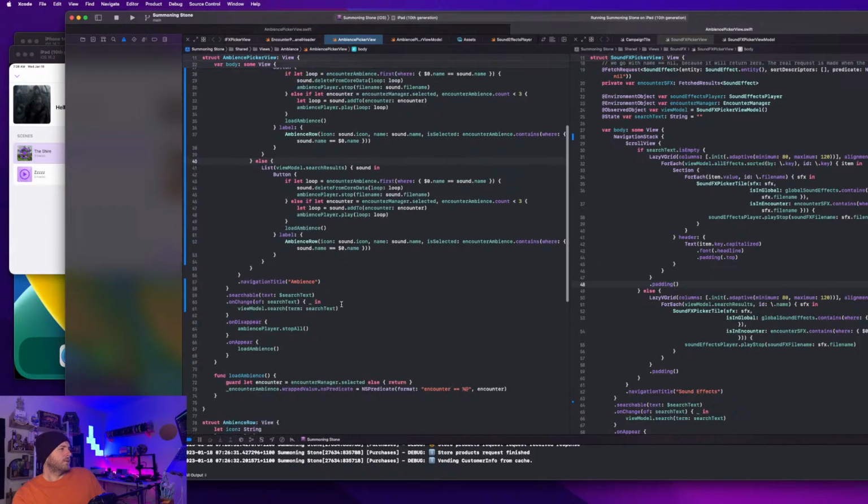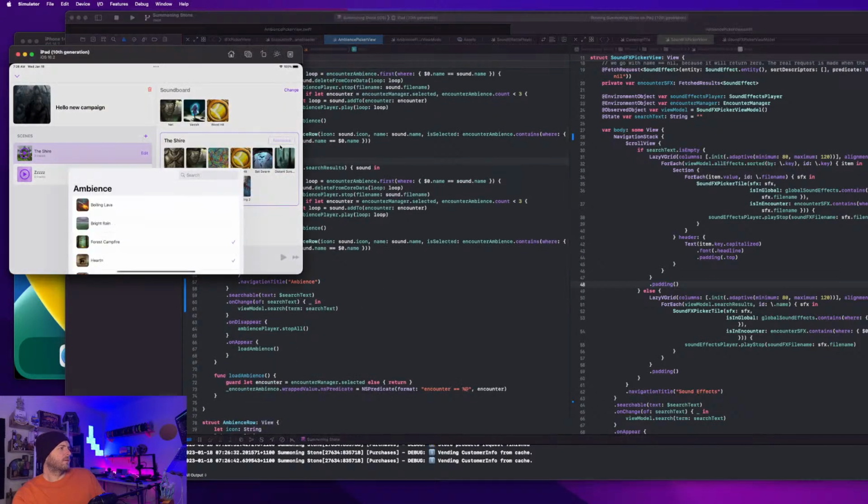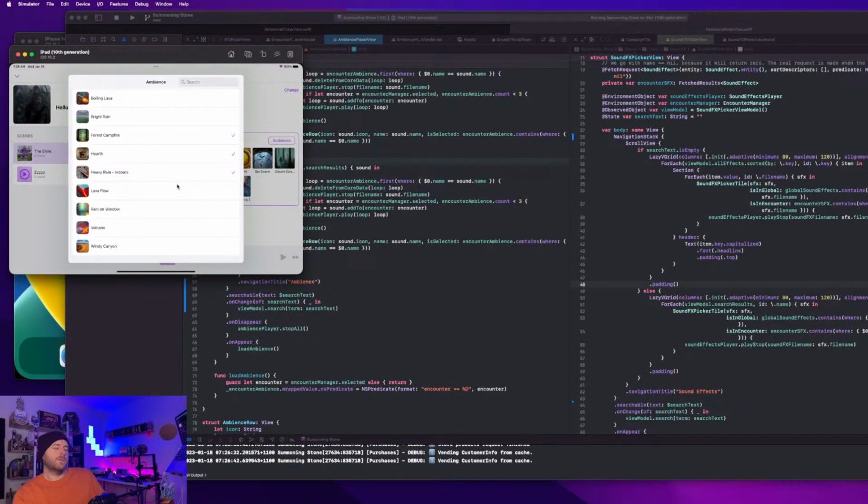Okay, so something else I wanted to throw on the top here was like a play button so we can get through, like, when this launches, I don't want the ambience to just start playing. I think I want to put a little play button up there so that we can preview how this sounds when this screen launches, right? So I'm thinking,